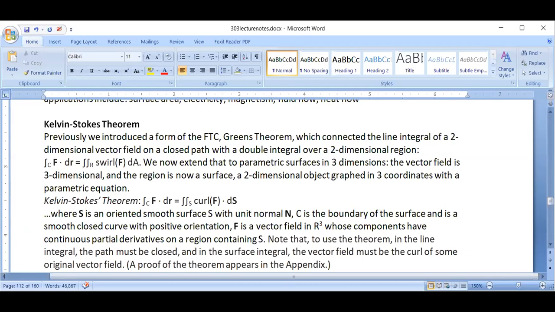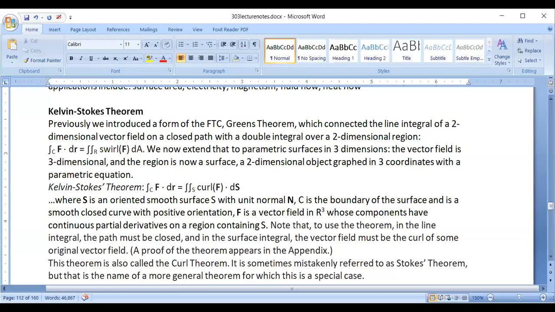Now, for obvious reasons, this theorem is also called the curl theorem. And I'll also mention that this theorem is sometimes mistakenly referred to as Stokes' theorem. Stokes' theorem itself is actually the name of a more general theorem for which this is a special case. And we will generally use the Kelvin-Stokes theorem in this form, but let me mention that